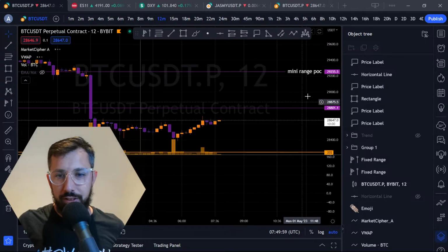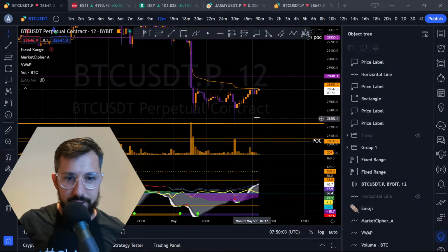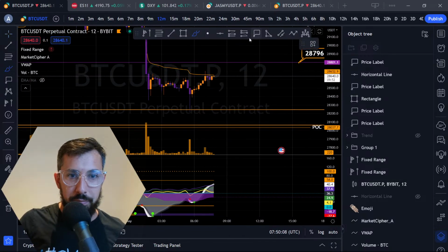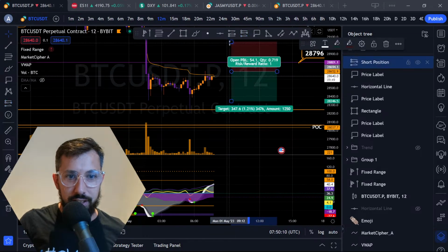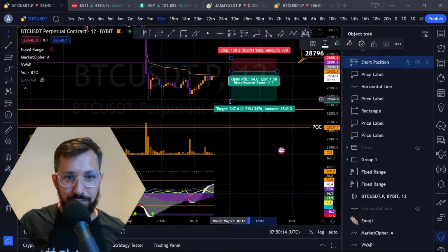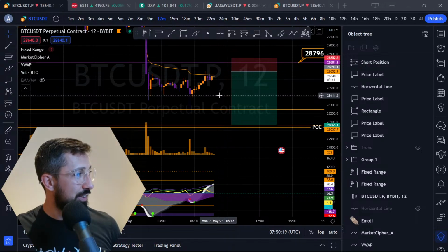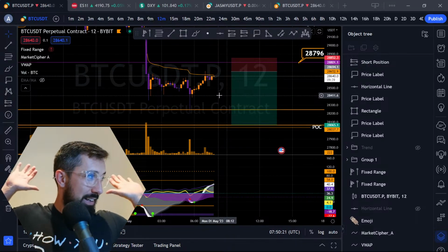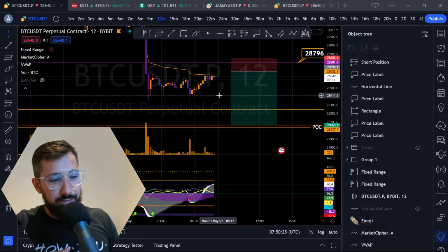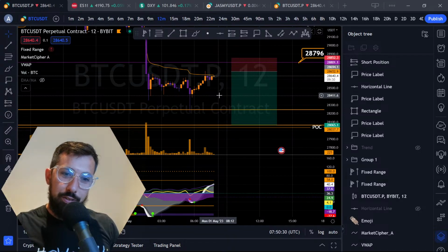So we have the bull divs on the 12-minute that you could have caught, jumped into, longed this sucker, right? I'm short from up here. You can counter trade me all you want. Ooh wee, I love a good challenge. It's not up to us. We just set the trade, set it and forget it. We'll see where it goes.